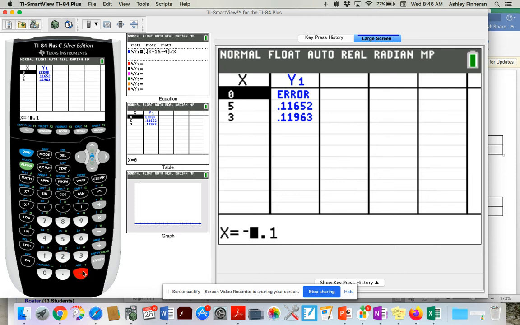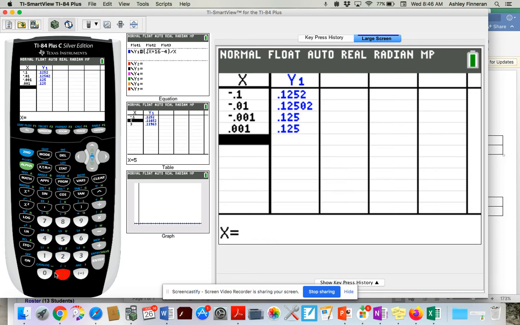Oh, I used the subtraction. Negative 0.1, negative 0.01, negative 0.001, and then we'll do 0.001, 0.01, and then 0.1. Now your calculator will only